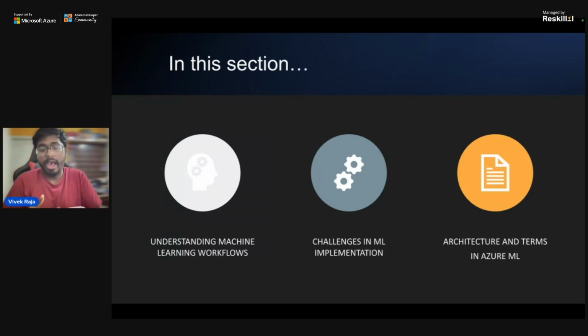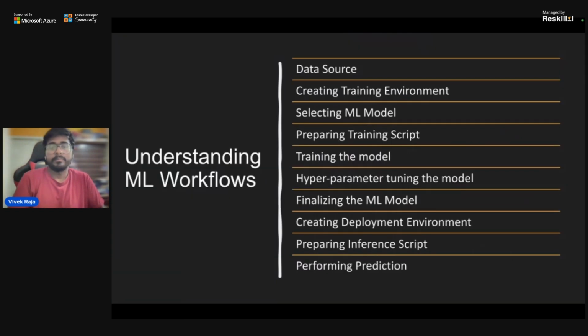And what really happens when you go beyond a one-person project? Like when you work in a team on a research paper, or you're working in a company with more than 10-15 people sharing the same data, code, and so on. That's where the complication really starts. We will see what challenges it has, and how Azure is going to make that easy for you as well as for the organization or the team. We will also see a few terminologies and architectures regarding Azure ML, which are quite necessary for you to know to make it easy to use.